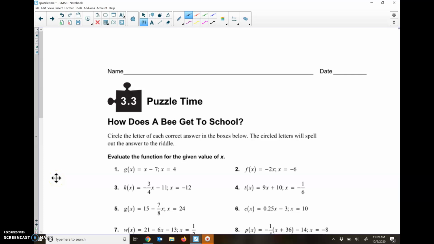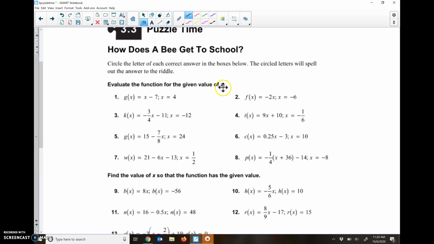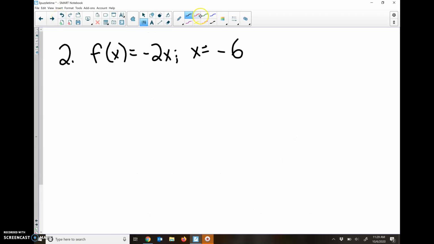The joke for this one is, how does a bee get to school? So we're going to look at a couple of these. We're going to look at two of each, where in two of them they give us the x, and in the other two they give us the f of x or the h of x, or whichever one they give us. So here, f of x equals negative 2x, and then they end up telling us that